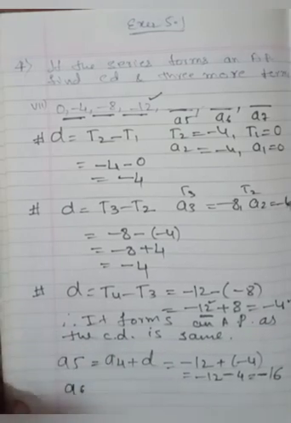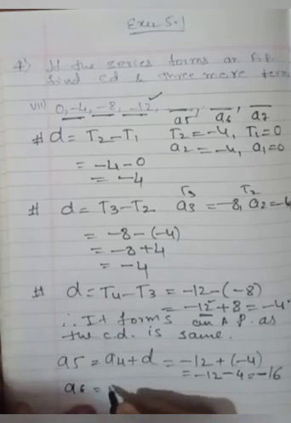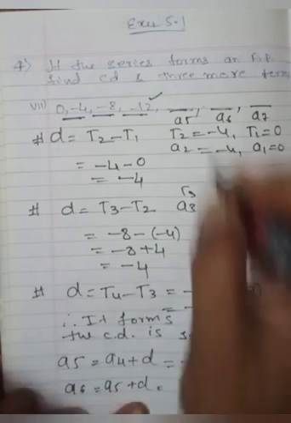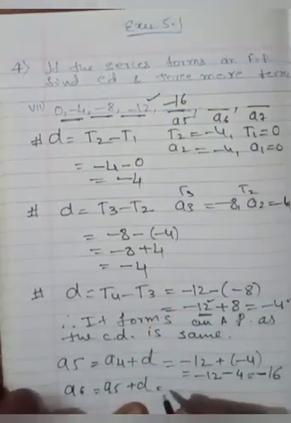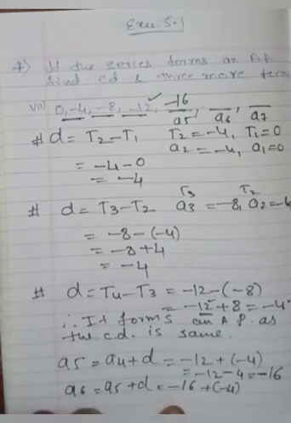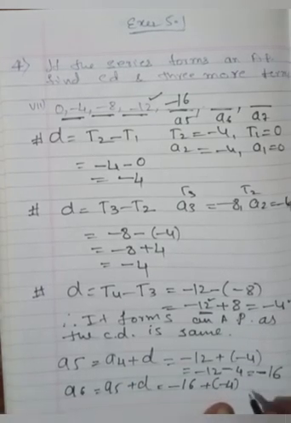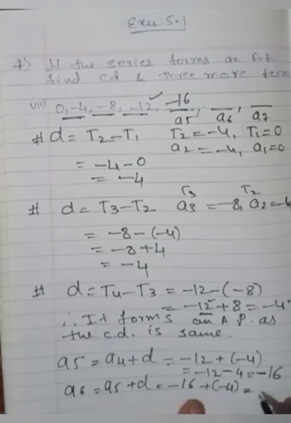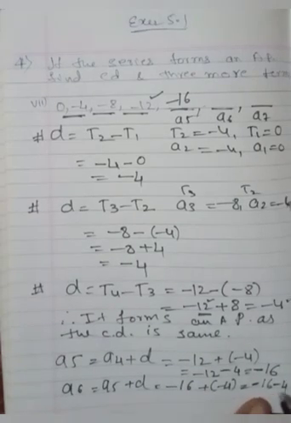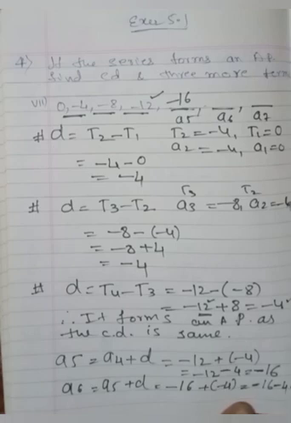Okay, now I'll go with the a sixth. A sixth is what? A fifth plus the difference. A sixth we have got it is minus 16. Minus 16 plus, you have to solve stepwise, minus 4. Don't write the answer directly. Solve the steps. You will get marks for that one if it is not MCQ type. Minus 16 plus minus 4 is equal to, you are going to write here, minus 20. I'll write here minus 20.